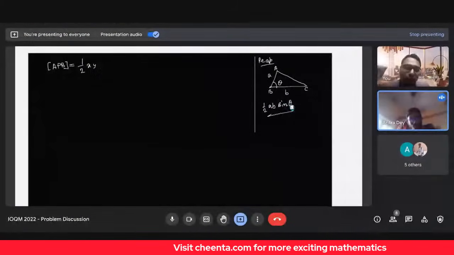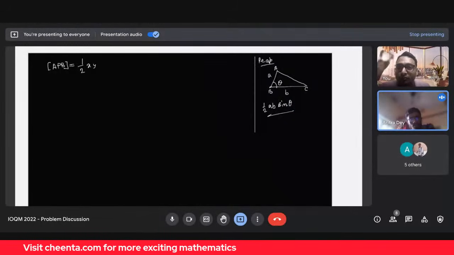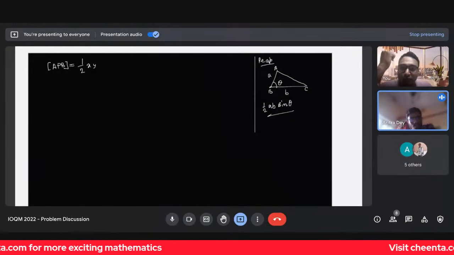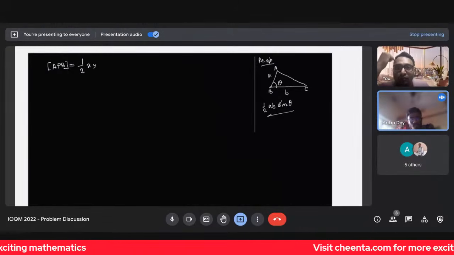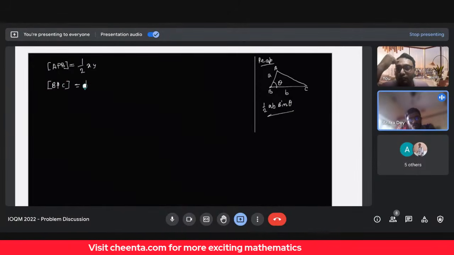So I'm going to use this. We know that this intermediate angle is 120 degrees. So the area of BPC is equal to half of